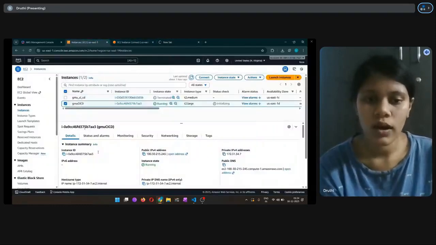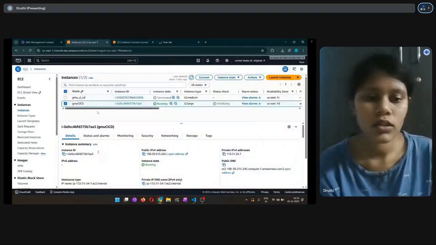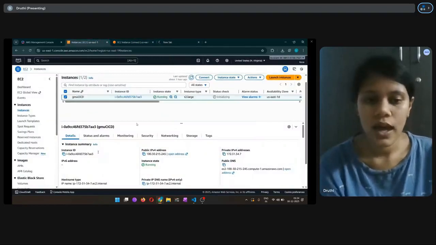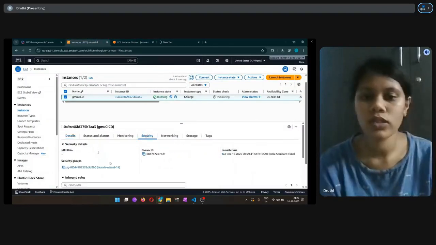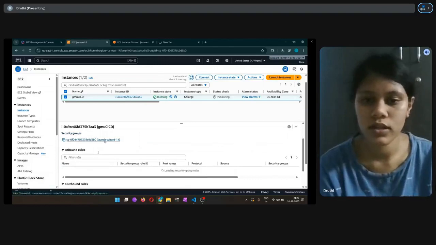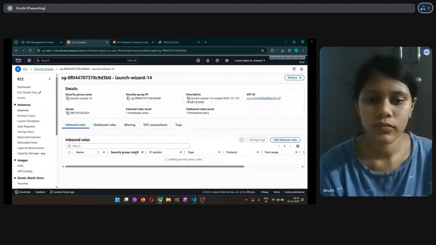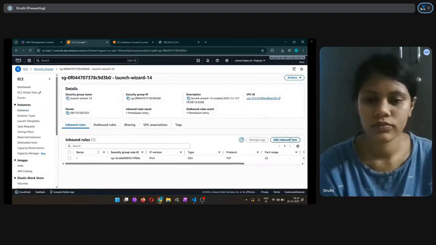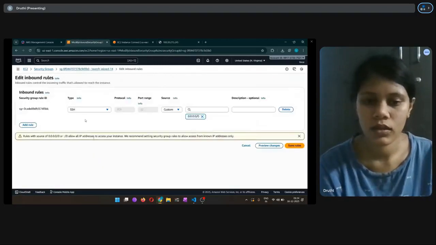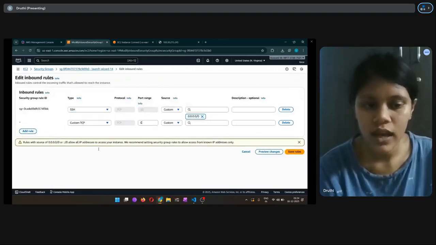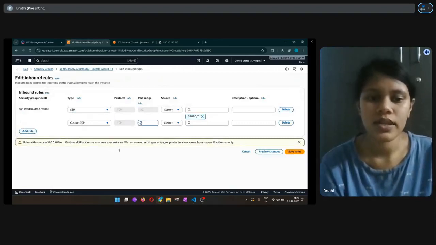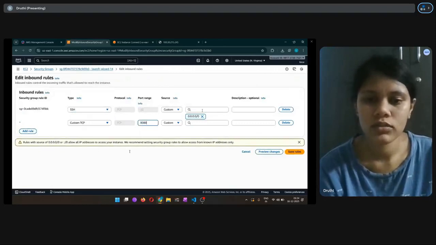So to overcome this, in EC2 go to security and then edit inbound rules. So in instances and then security, and then inbound rules, and then add custom TCP on port number.